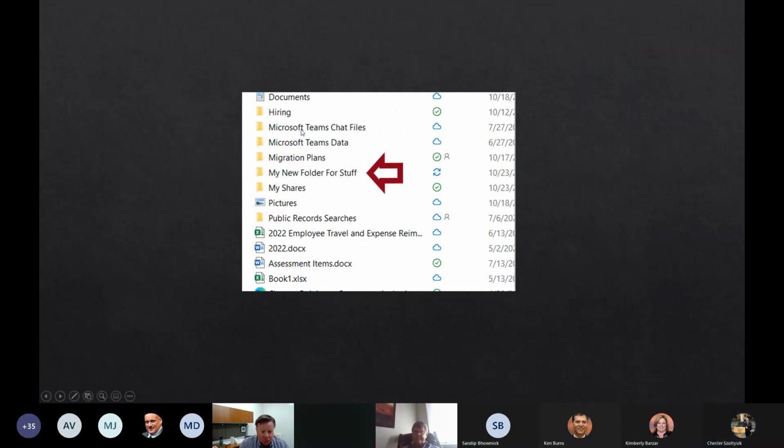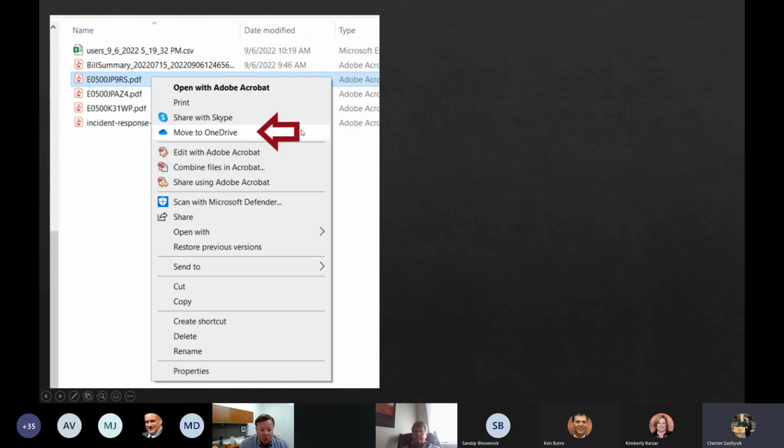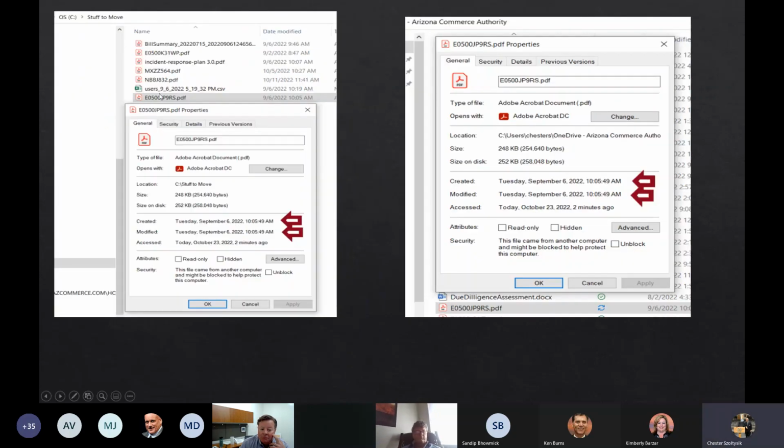Now, if I go to my C drive, what you're seeing here is a document that resides in that CDW quote folder that I was working on my C drive. If I right click that, I have a cool feature that's available to me that says move to OneDrive. So if I right click it, click on move to OneDrive, it's going to move it to OneDrive. However,